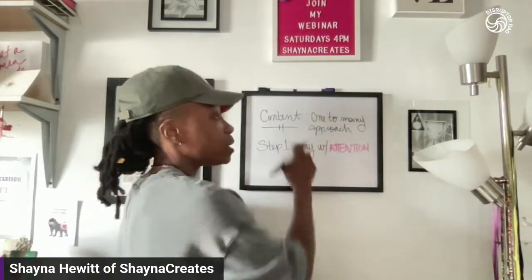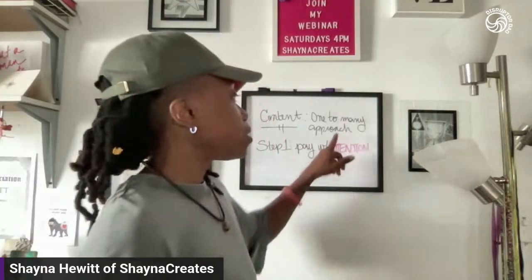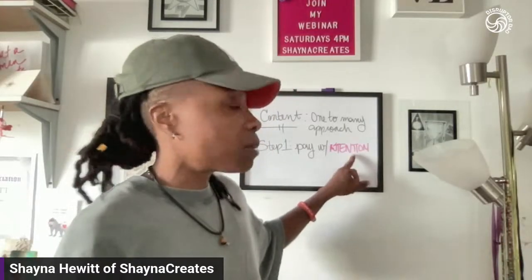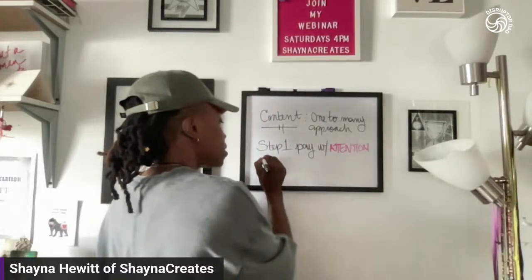And with content, that's the easiest way to do it, because the example that I just gave you is a one-to-one approach. A person sees me, they approach me, I see a person, I approach them, we have a conversation. That's a one-to-one approach. We are talking about a one-to-many approach, which is content. When you post content and you see that you have a number of views on your content, that is a one-to-many approach. There is a probability or possibility of you converting a lead who is watching your content, because you got them to pay attention and they had a chance to spend time with you, right? And that leads us into our next step.